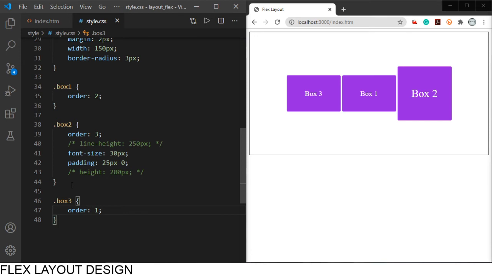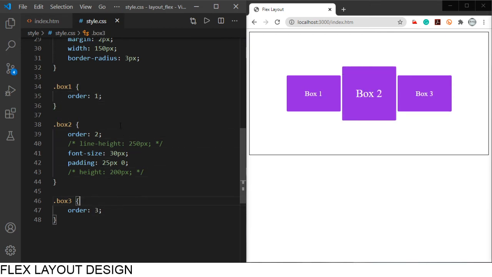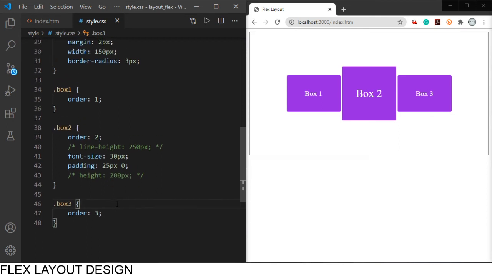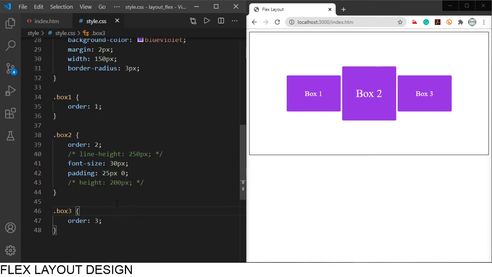Okay, so by giving this order value, box 3 is 1, box 1 is 2, and box 2 is 3. So in this way they have been aligned, and box 2 has the higher order value, so it goes last. So let's change to their normal values. Okay, and also as we have seen how we are going to align them